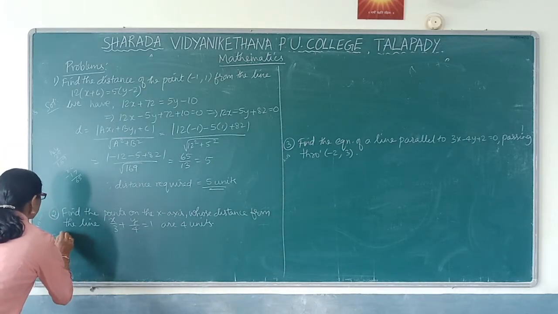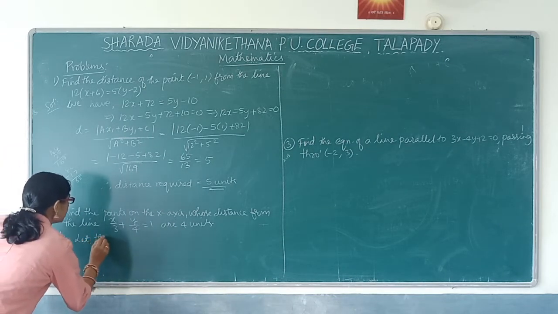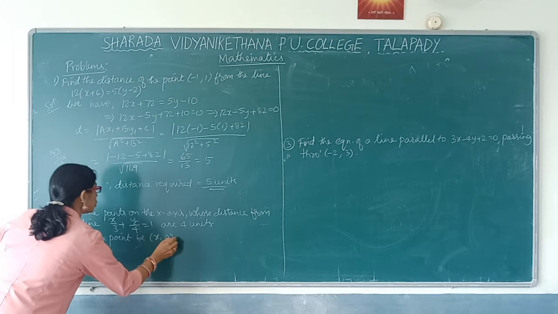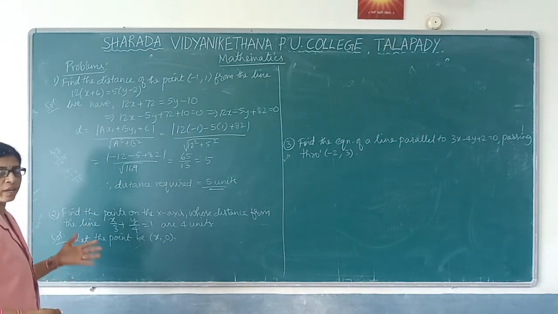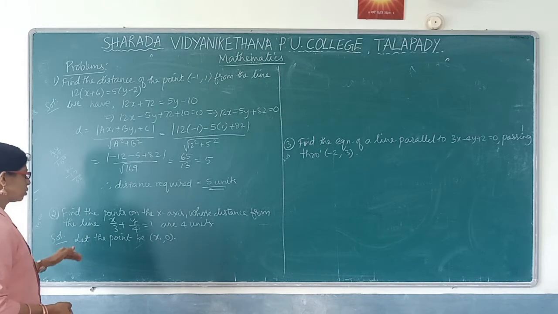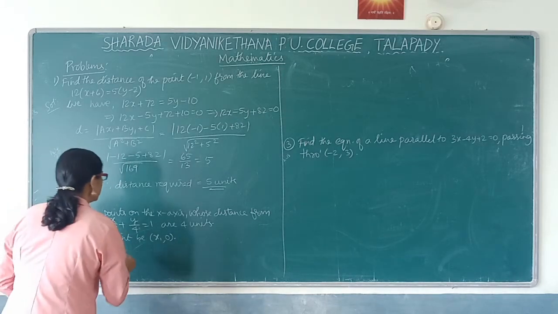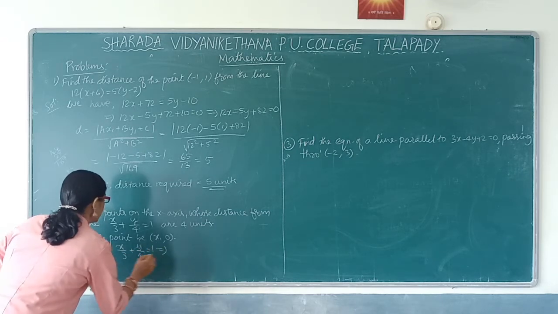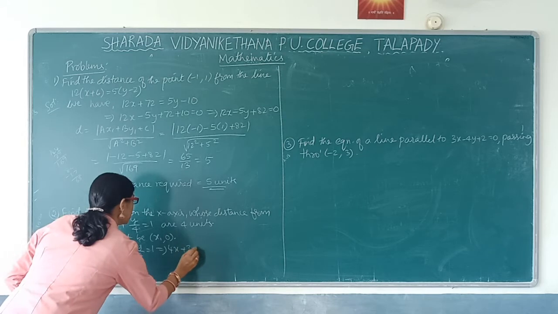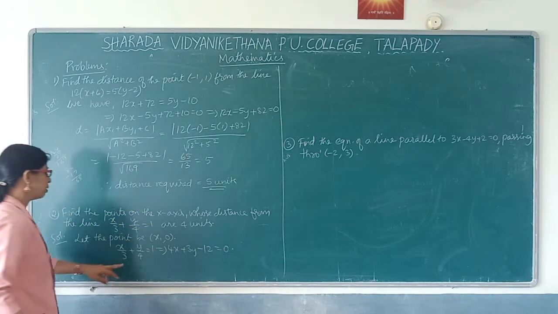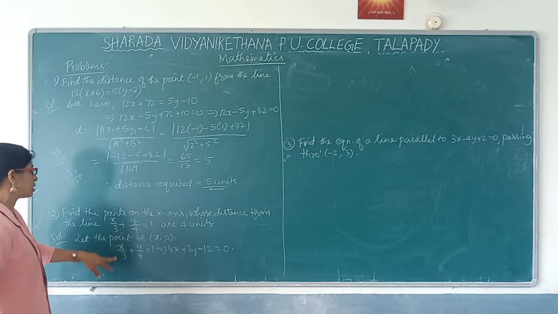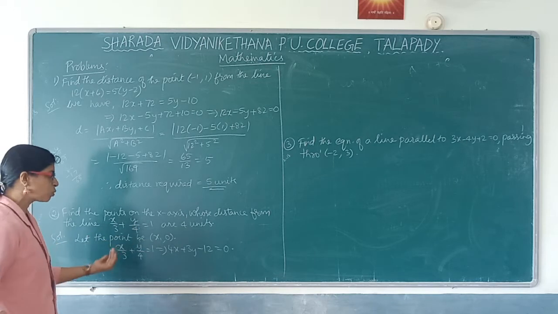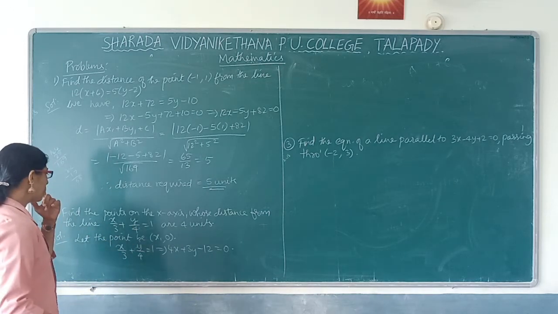So we will start the solution with, let the point be x1 comma 0. We will take it as x1 only. x1 we need to find. Y coordinate is 0 because it is on the x-axis. So the point is x1 comma 0. Bring it to standard form. x by 3 plus y by 4 is equal to 1 implies 4x plus 3y minus 12 is equal to 0. 3 4s are 12. Take the LCM, multiply 4x plus 3y. Denominator will be 12. Take it to the other side, it becomes minus 12 when you bring it this side. So this is your equation now.